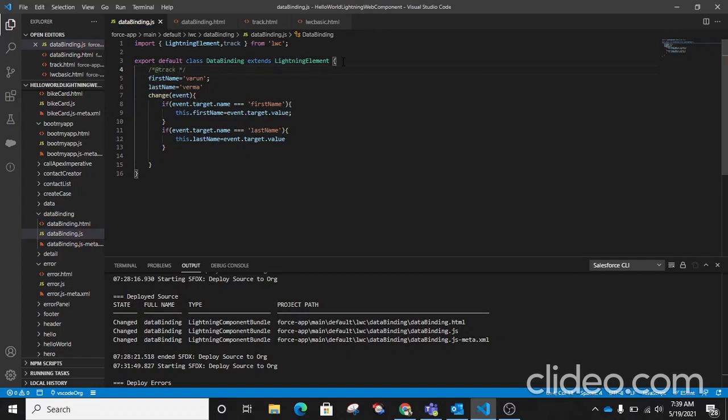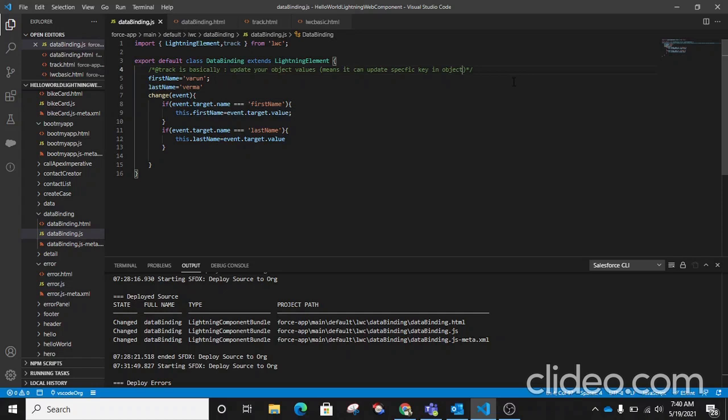Guys, @track basically updates your object values, meaning it can update a specific key in an object.